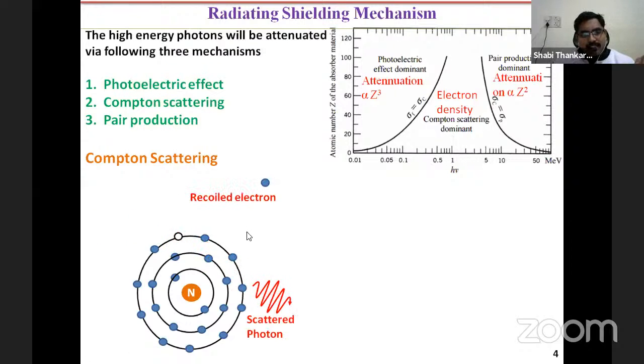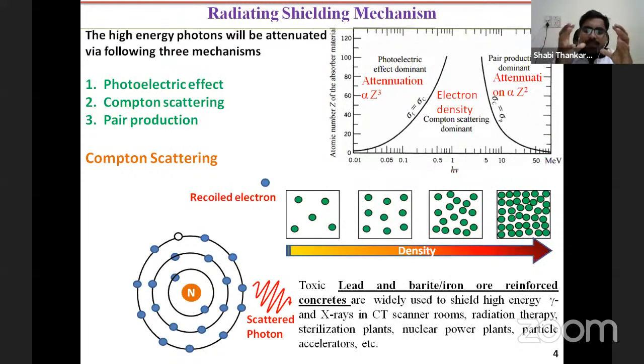Whenever an X-ray interacts with an atom, it kicks out one electron as well as releasing one low energy X-ray or gamma ray, depending upon its energy. The secondary electron or photon is still energetic enough to cause further ionization. So it is mandatory for the next electron to be close by to absorb it, so that the attenuation is much faster. The density also plays a crucial role in attenuating this radiation. That's why they normally use lead or heavyweight concretes for radiation shielding applications.